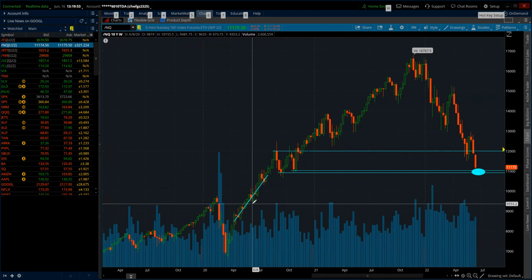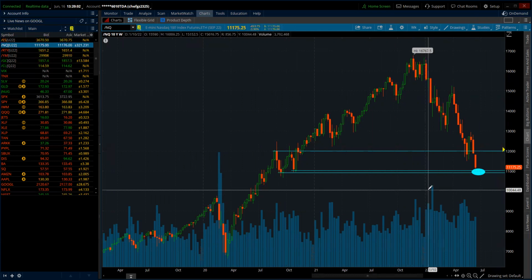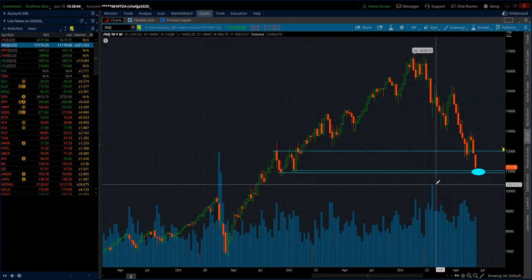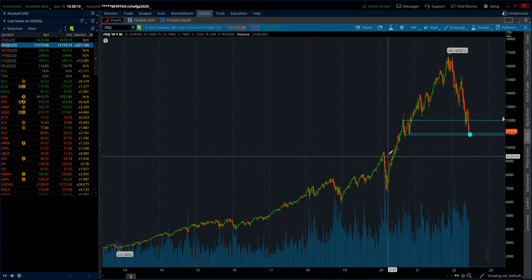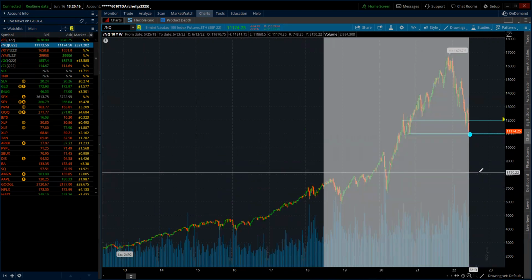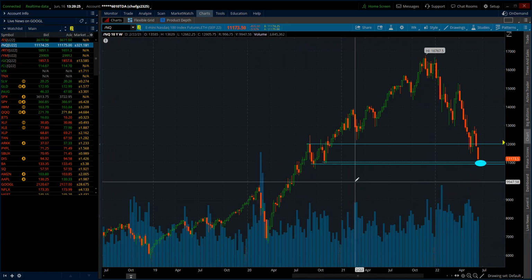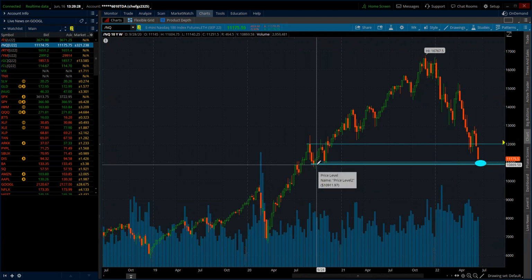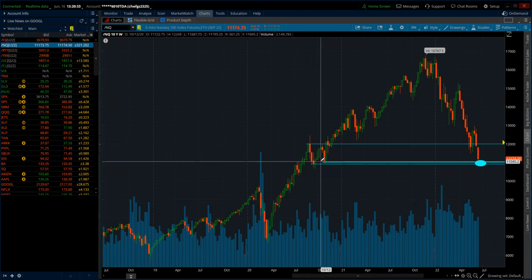For tech, it may be a slowdown right here next week. Who knows? That 11K number right there might be the number where we go sideways a bit and create some more sideways action. I really hope that's what happens, because it looks like it's the last demand on the weekly time frame. Below that, it looks kind of scary if we continue downtrending. It's scary, guys. So it could get a little more rocky, but we'll see. I think on Sunday I will revisit this video and these levels here, so you guys remember that, right?